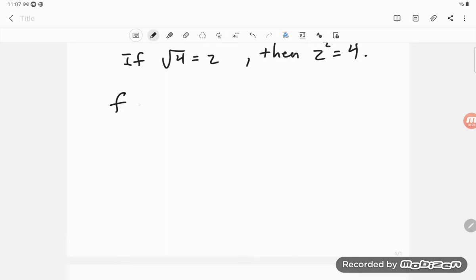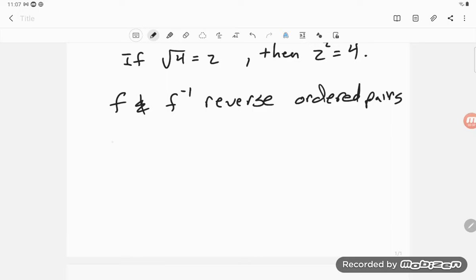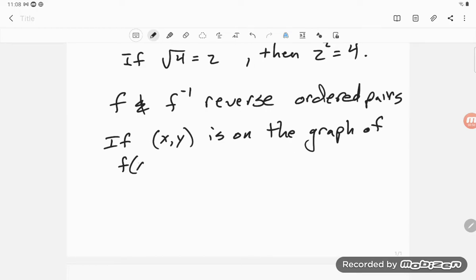So f and f inverse reverse ordered pairs. That is, if (x, y) is on the graph of f of x, then (y, x) is on the graph of